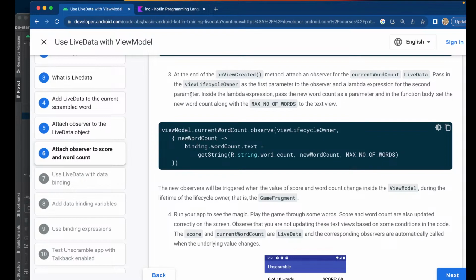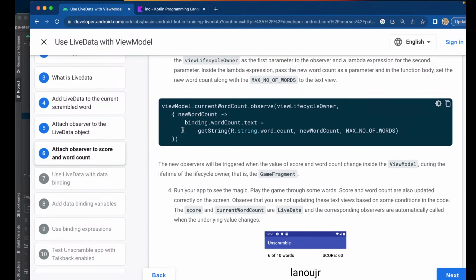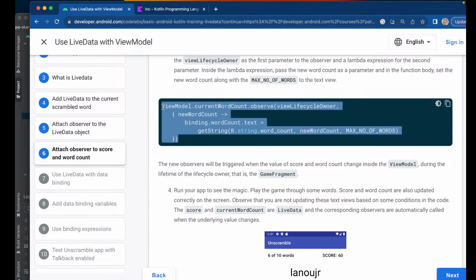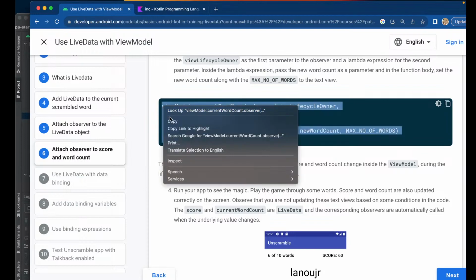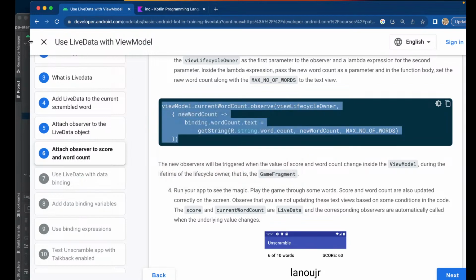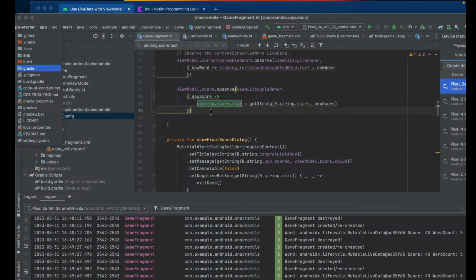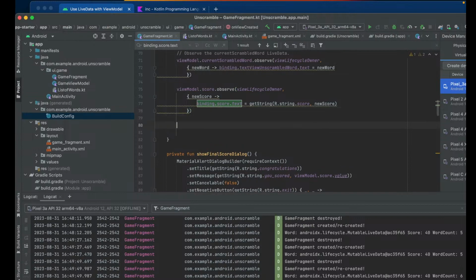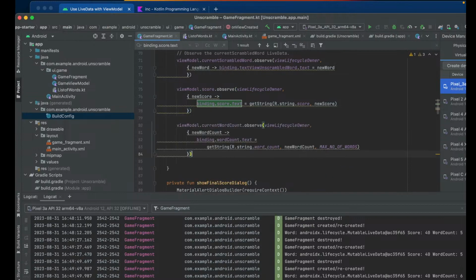So inside this, we are going to also use the same technique as what we did with the score for the current word count. So that's the same thing. All right, now